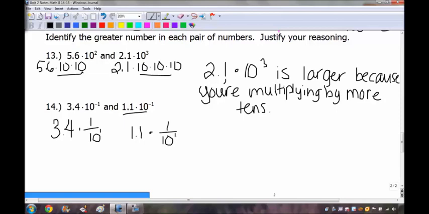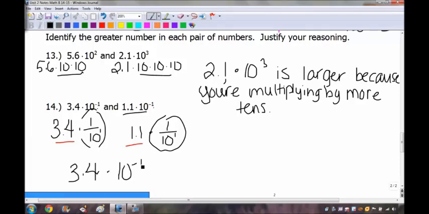So if you notice, you're multiplying by the same number here, which means that it's not going to be based on the exponent to figure out which number is larger, because the exponents are the same. It's going to be based on my coefficients. So in this example, my coefficient for the 3.4 is larger. So that means that 3.4 times 10 to the negative first power is larger